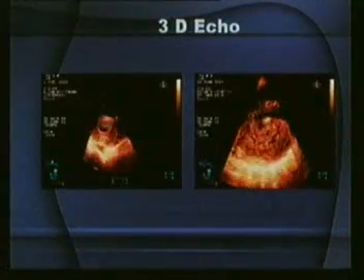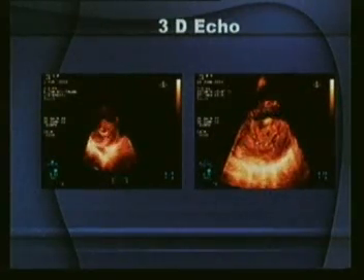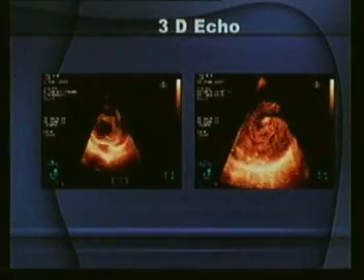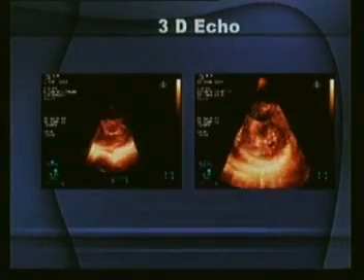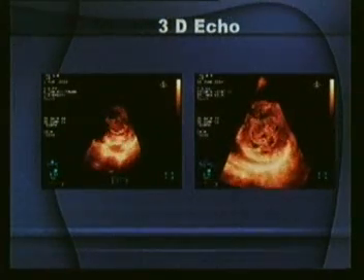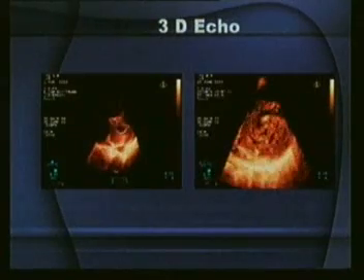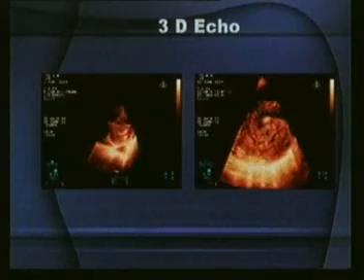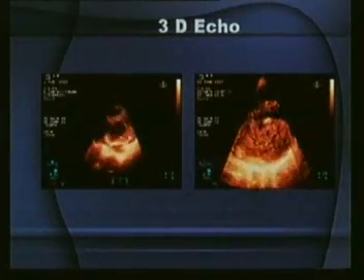This is a 3-dimensional echo of a mitral valve. I'm not going to go into details of 3-dimensional echo except in saying that this is the future. The future is here. If you look at the mitral valve, taking away the left atrium, then you are actually peering down at the mitral leaflets. And when you take away the left ventricle, then you are looking up towards the mitral valve. You will get to know about the subvalvular pathology. And then you can rotate the heart any which way you want and make out suitability or otherwise for balloon